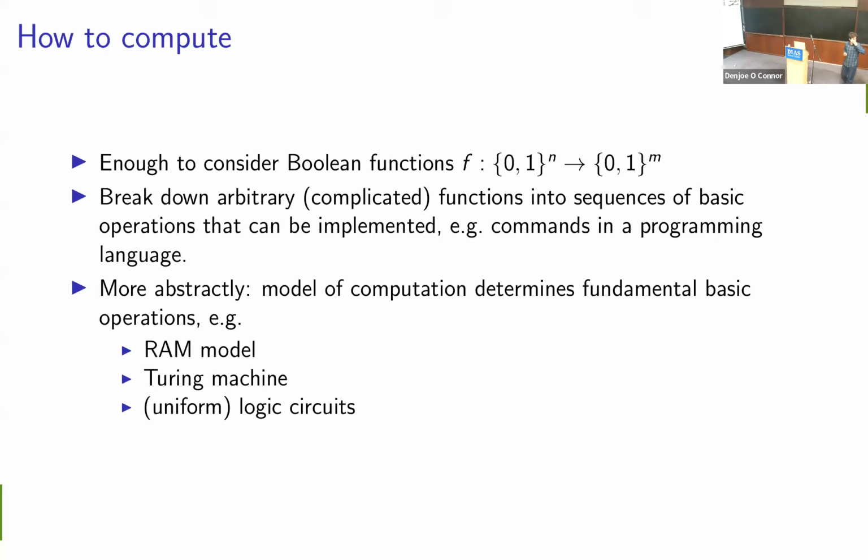And then there's also another model of computation called logic circuits. So you might have come across this idea of AND gates and OR gates, these basic logic operations that take 2 bits and combine them into one other bit. And this is also a model of computation that we can think about, and which allows us to talk about which computation is more efficient than another one, by looking at the basic operations of our model and talking about how many of these basic operations we are actually using to compute the thing we're interested in.